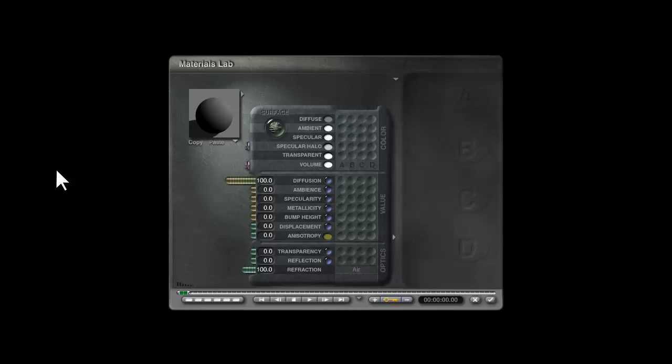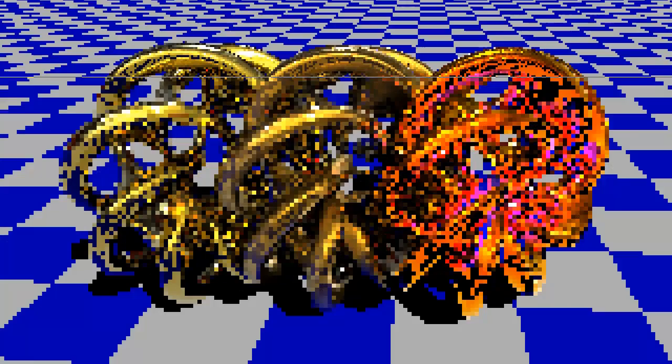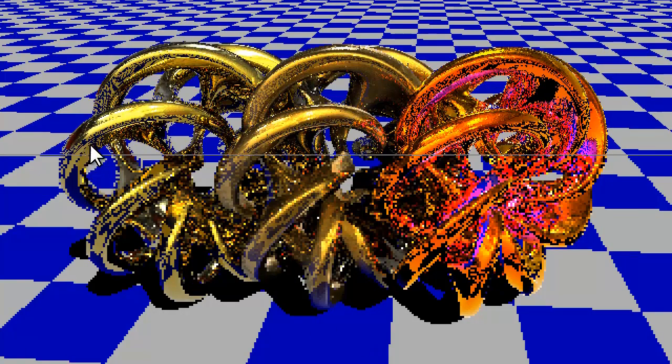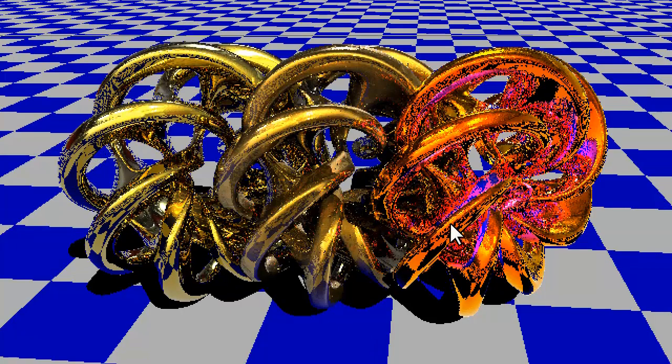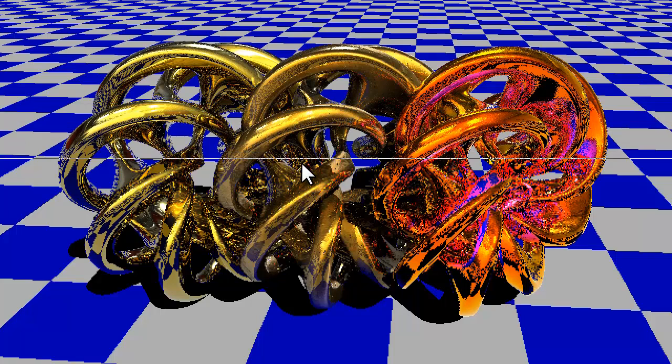Let's go for a classic here. Let's bring the check blue back in. Let's see how that's going to go. Object space is going to give me a grid. So you can see now in this case where the reflection is now reflecting the grid, and that's a hideous effect. But hopefully it makes the point that